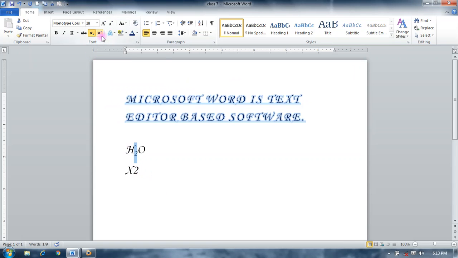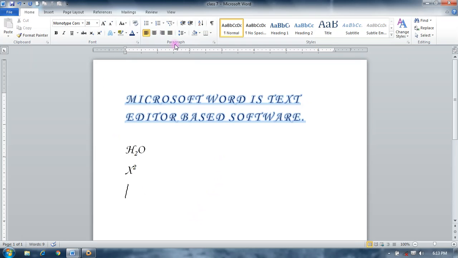For superscript, this is x2, so x over 2 as you see in math formulas, like that. For this, superscript and subscript are used.